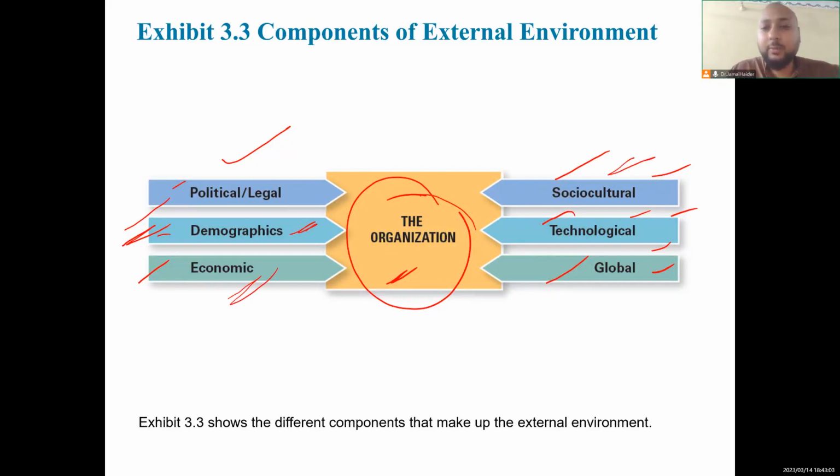Social cultural trends: what are the national behavior, national culture, people's behavior. In the US there are some states in which marijuana is legal. In other states it is illegal. So these kinds of tastes, behavior, and all those things are in the social cultural factors. Technological change: the introduction of ChatGPT has opened a